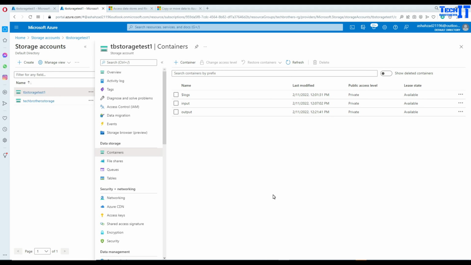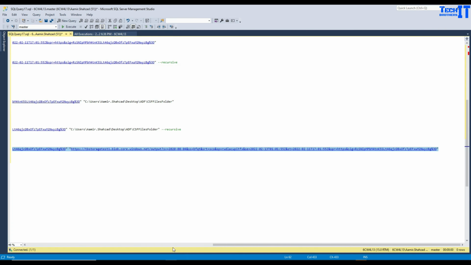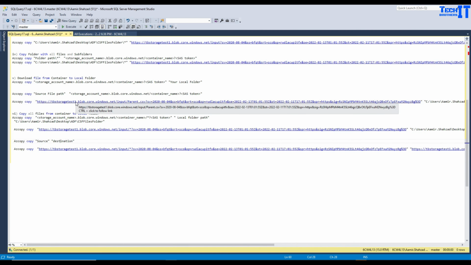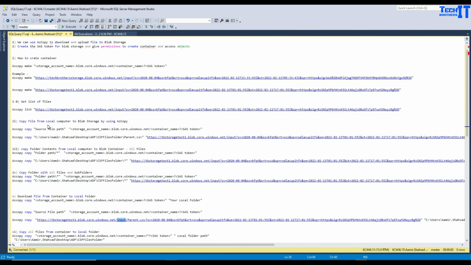So this is a very powerful utility, and I hope you will learn something out of it and use it. What I'm going to do is put all these examples as they are, so you can use them. So you see that here is a TechbrothersIT storage. Your storage will be different, and here is my input container or output container that you will change. So I will leave it as it is. It will be easy to see how it works, and you can just copy paste and